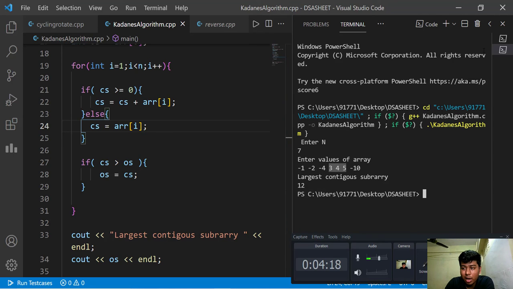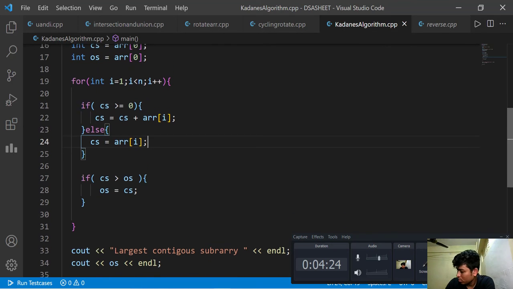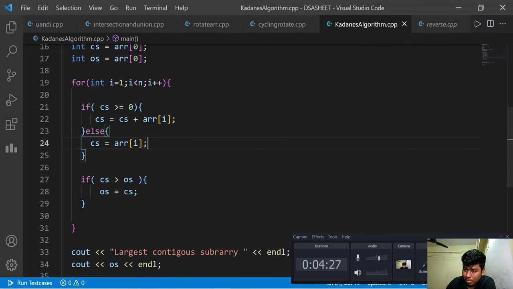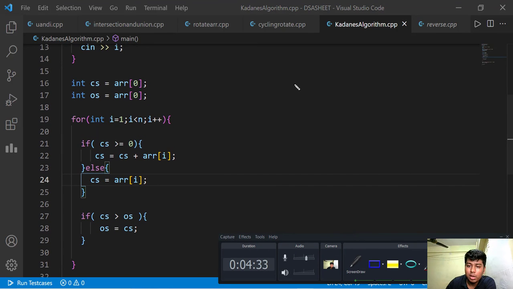Let's quickly revisit our rules so that we are on the same page. What was the rule of the game? First, we were supposed to initialize CS and OS with array of 0. Once that is done, we go to all the other elements till the last element. Rule number 2 was if CS is greater than 0, then CS is equal to CS plus array of i, else CS is equal to array of i.